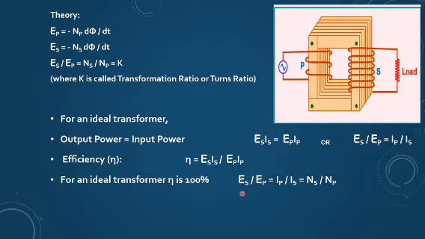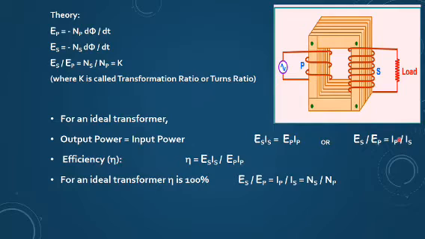And if there is some loss, we can always find it, because we have studied the formula of percentage error and all that can be calculated. So for an ideal transformer, input power equals output power. Power is V into I, voltage into current. Voltage means here the EMF in the secondary coil multiplied with the current in the secondary coil, equals the EMF in the primary coil into the current in the primary coil. Or you can simply write Es upon Ep equals Ip upon Is.